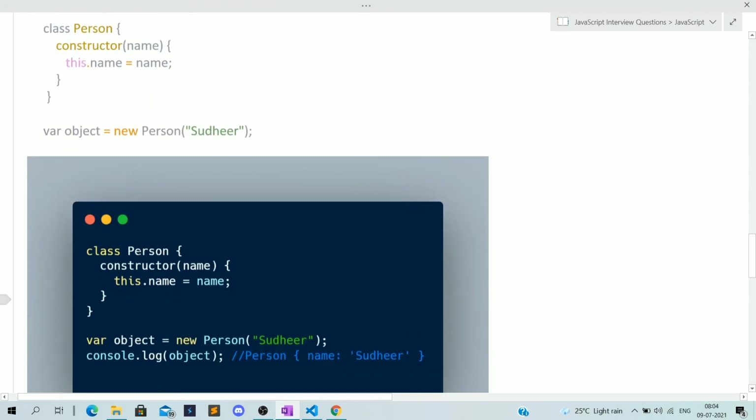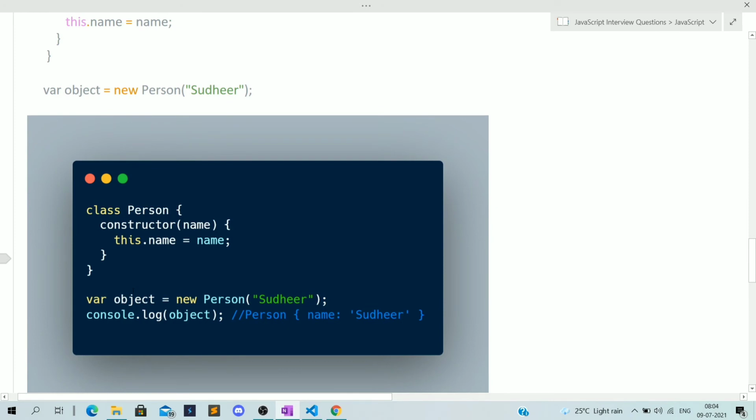Okay, we have the Person class, we have the constructor, and we are creating an object. In that we are passing Sudhir. So whenever we create any object, it will call the constructor of that class. So we are creating an object, and it will call the constructor of this class. What is the constructor? This is the constructor. What am I passing? Sudhir.